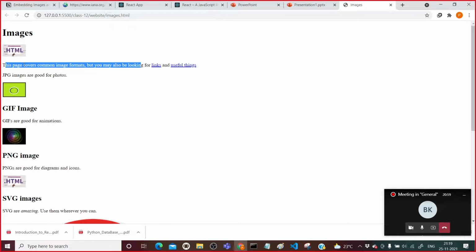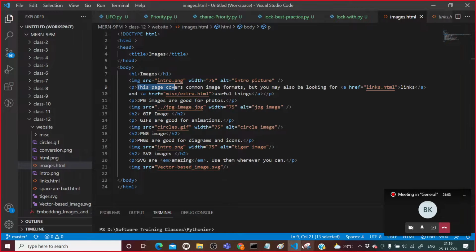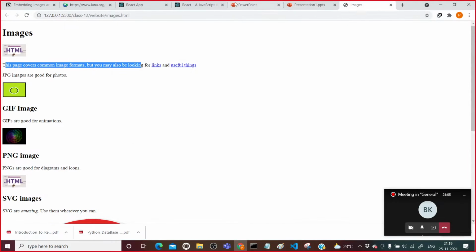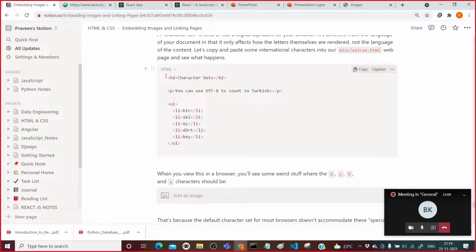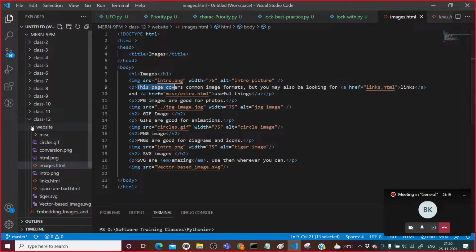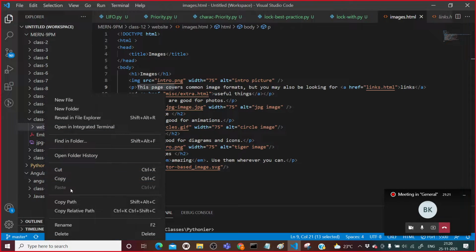Now let's suppose, let us copy this thing in our extra.html file. I am making use of a different character set. I will copy this. I will come to our particular website and copy this one.